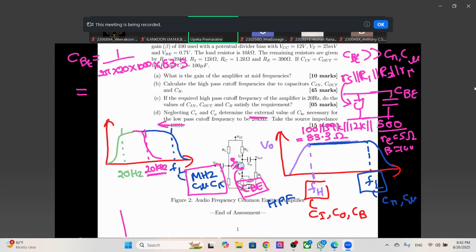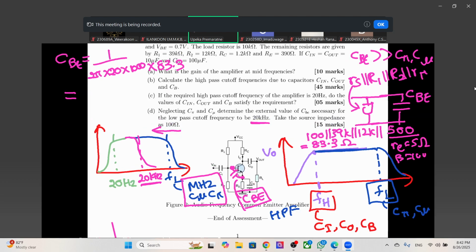So the answer that I get is approximately 0.96 microfarads for CBE, right? So now the question is, are we going to increase it or decrease it? The larger value will be 1 microfarad, the smaller value will be